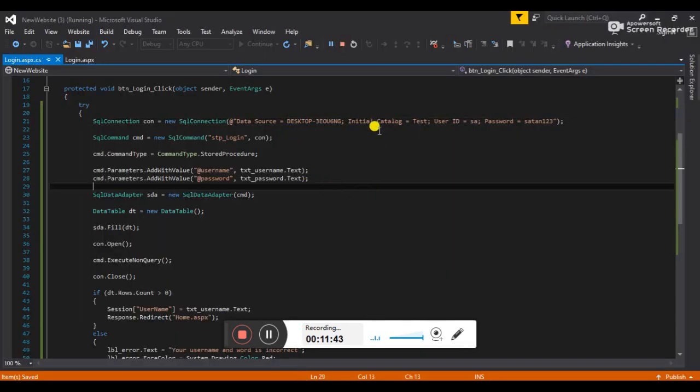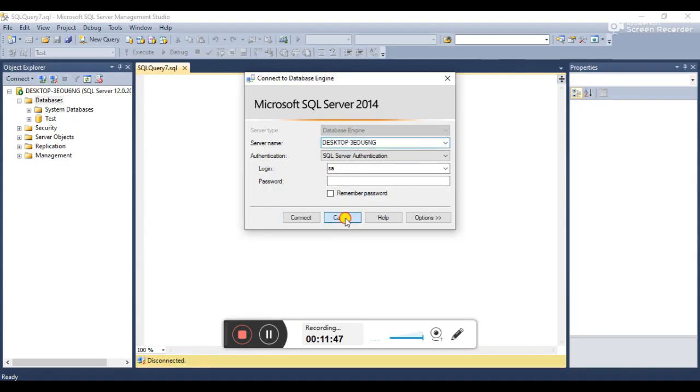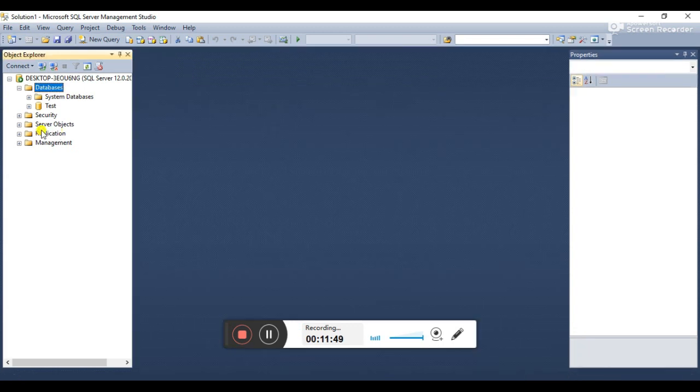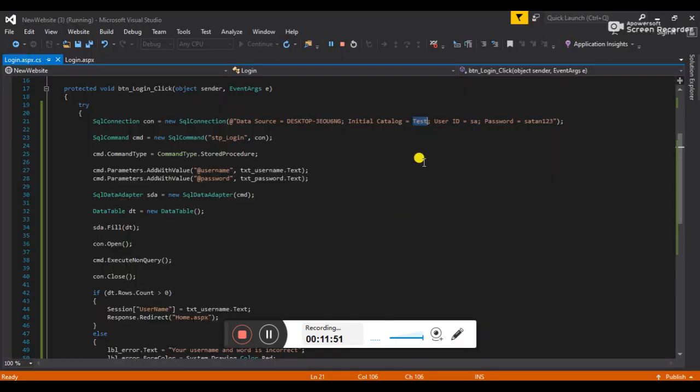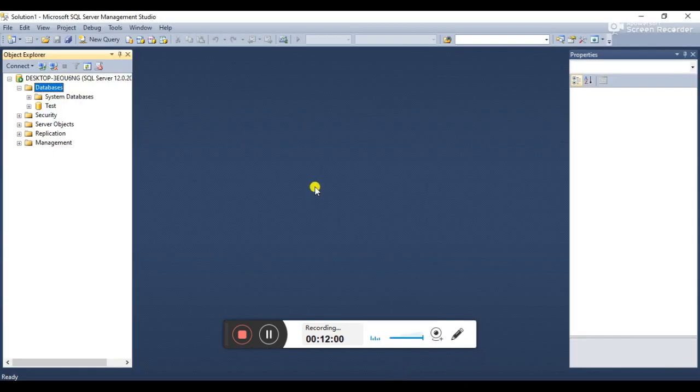Then the initial catalog is your database name, so just copy your database name. My database name is test, so I will copy the test name here. Now user ID and password. Actually everyone creates a database with a user ID and password for security, so anyone cannot access your database; you need to type the username and password if you access it.